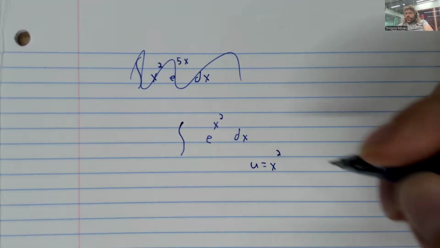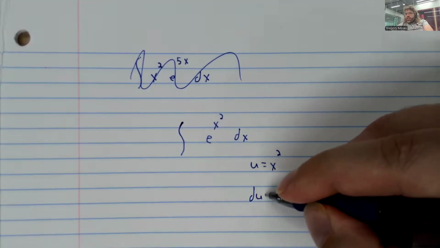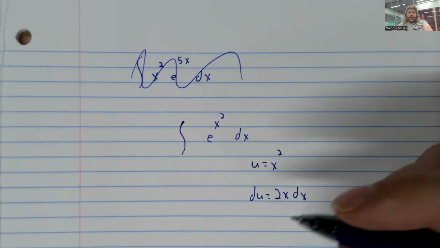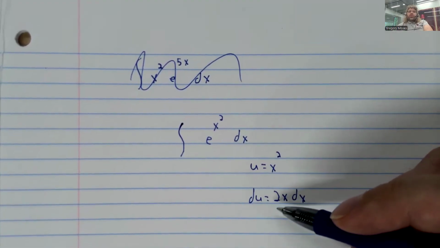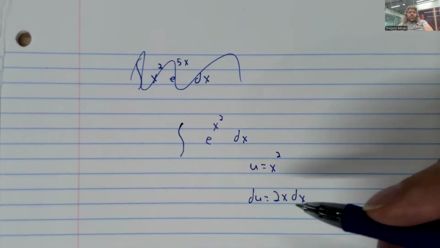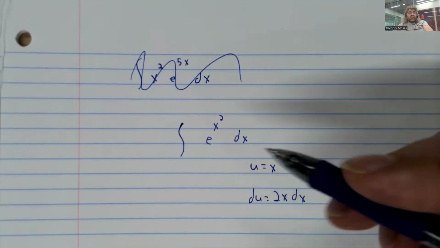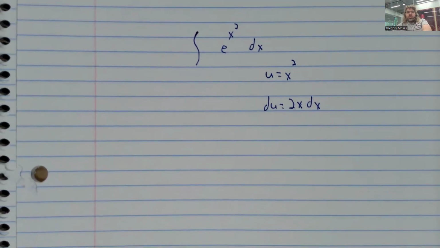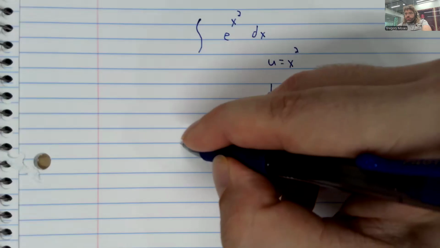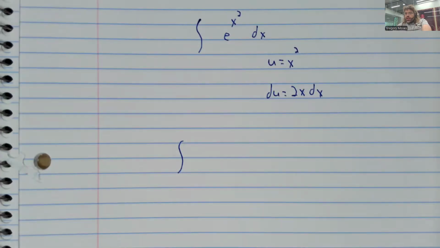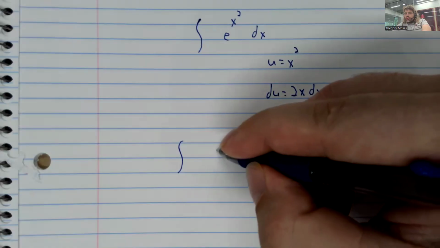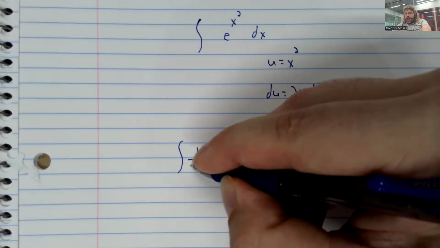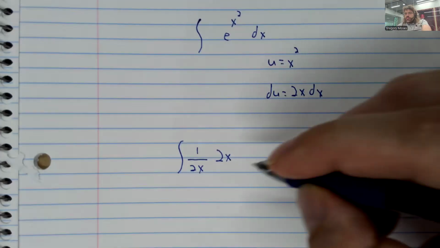If we let u be x squared, then du is 2x dx. And the fact that we're missing a 2 is fine. But the fact that we don't have this x is fatal. Because if we tried to use the trick we just used, where we put the 2x in, but we also divide by it,